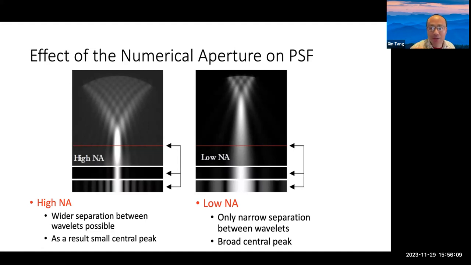That idea is called resolution. So if you have a higher numerical aperture, you can get a thinner image, and then you have a higher resolving power. Okay, that's what we want. Now,